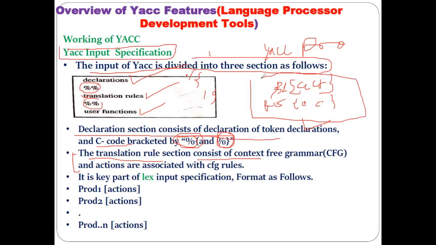But in case of Yacc, instead of patterns using regular expressions, you are writing some rules. And if your input is according to those rules, then a certain action gets executed. Understood? Now, the need of the Lex rule was that it should be able to recognize the tokens. For that, you are writing some patterns so that tokens can be recognized by matching them with the input source program.